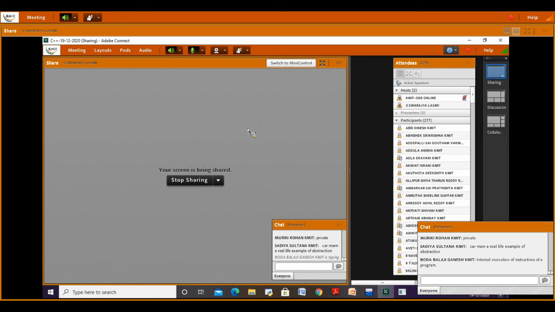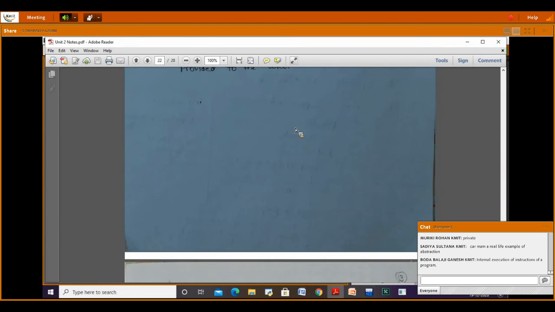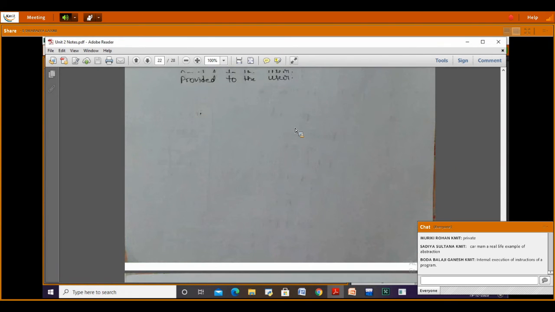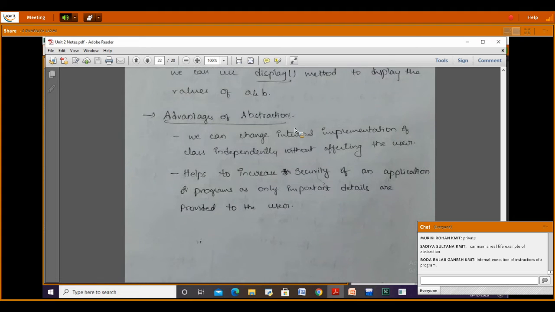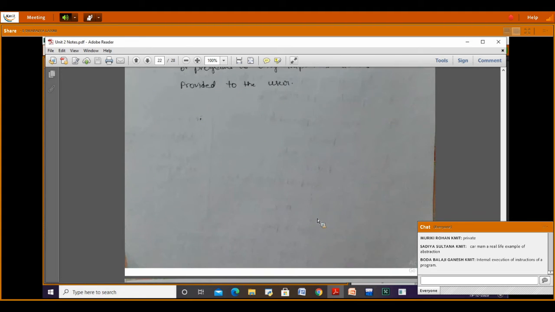Using private members, the car example, as well as header files, these are a few examples of abstract data types here, right? So what are the advantages of using this abstraction? What is the advantage of using abstraction?